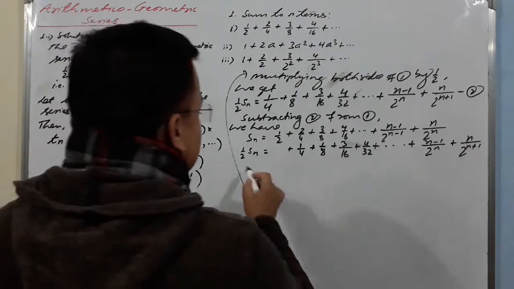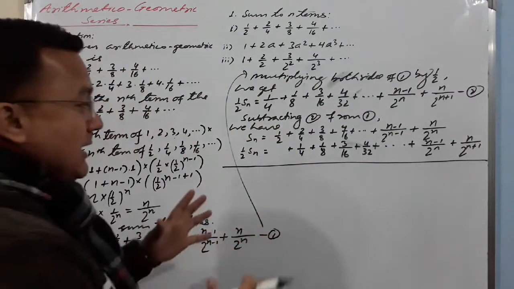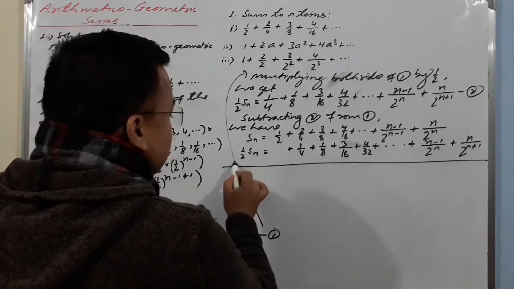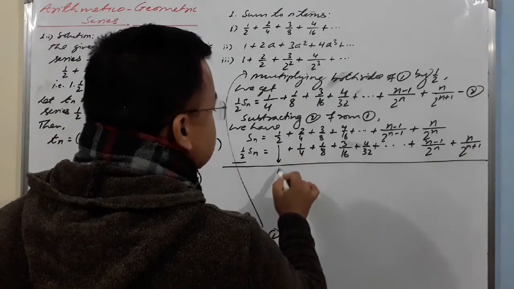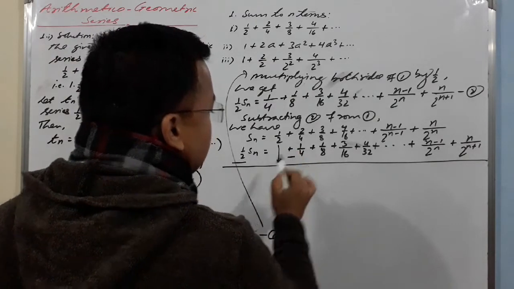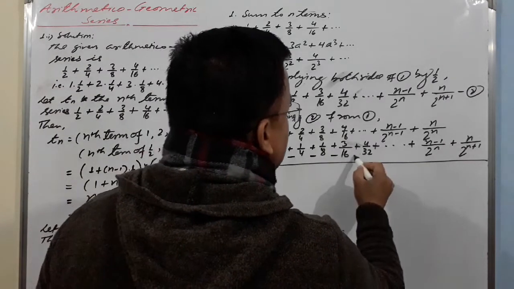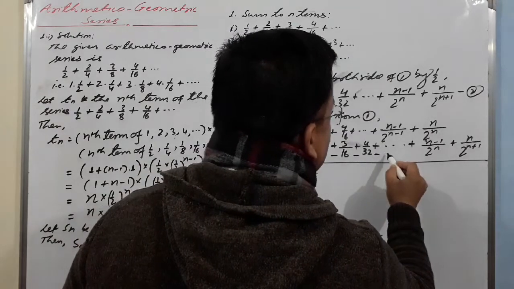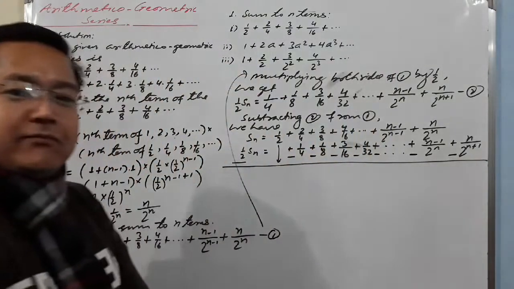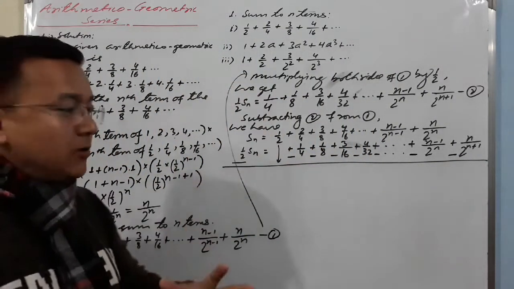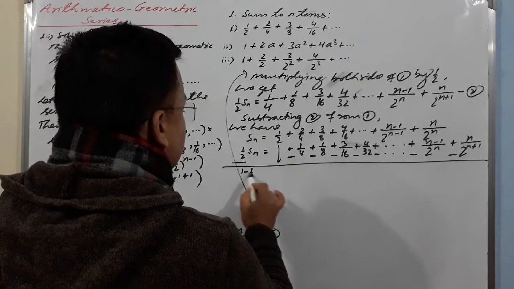Okay. To make it clear, I'm going to show each and every step here. Subtracting means you need to change the sign here. Positive becomes negative. So this first step will come as it is, no change, and here negative sign, because we are going to subtract, and here negative and here also negative, dot dot dot. Why do we have a change? Because we are going to subtract. Alright, so let's see here, 1 minus 1/2